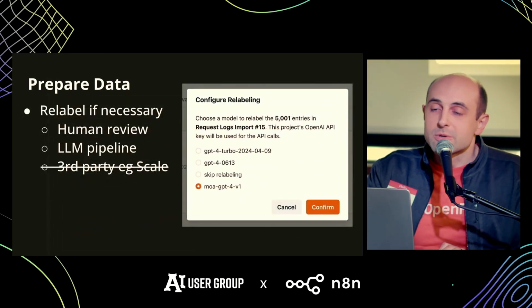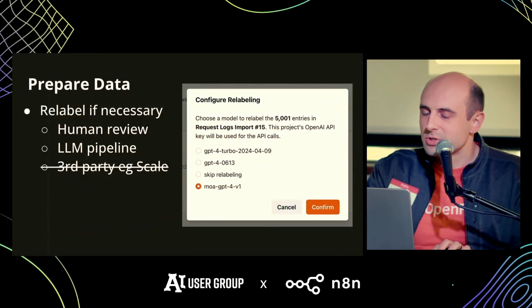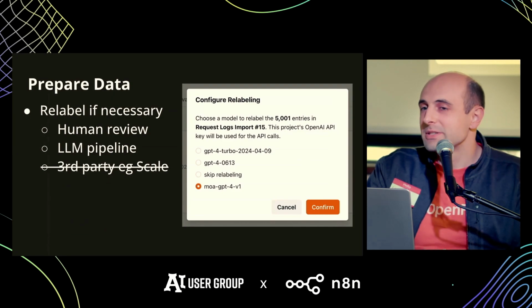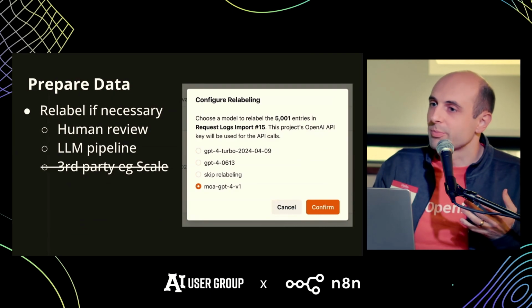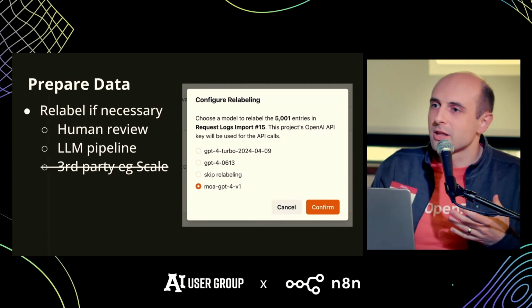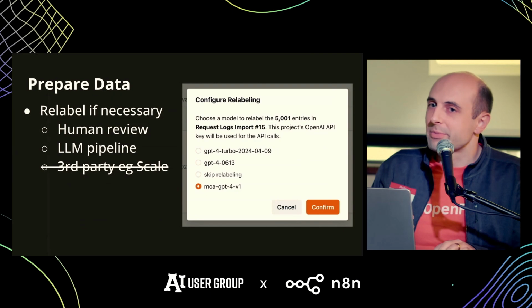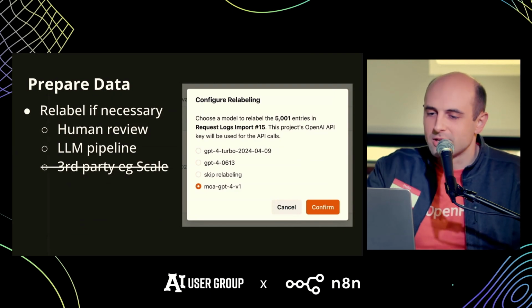Now, sometimes even those mixture of agents outputs are not strong enough, and you do have to do a little bit of data management. There are lots of tools out there, including open source tools you can use to quickly review your data set. And you don't need huge data sets for this to work, by the way. In this LLM era, a few hundred examples is often plenty. So having a human manually review those is not insurmountable.